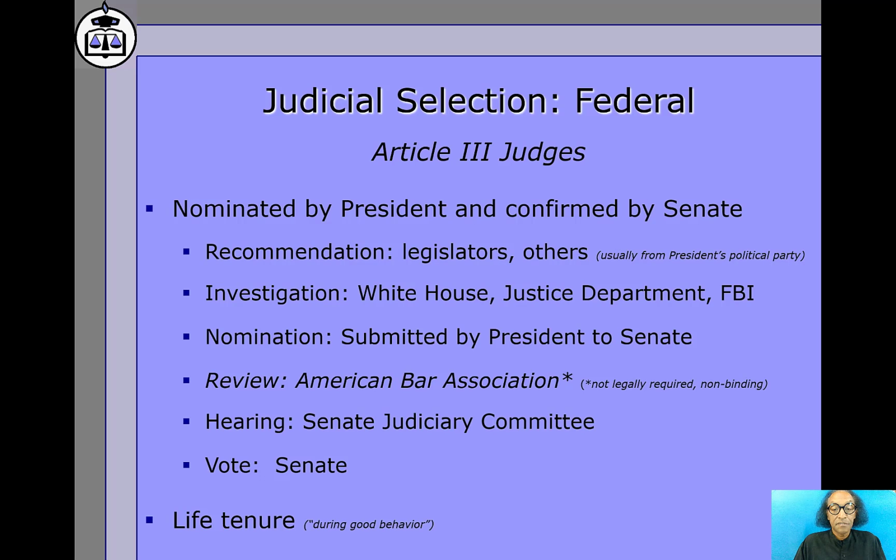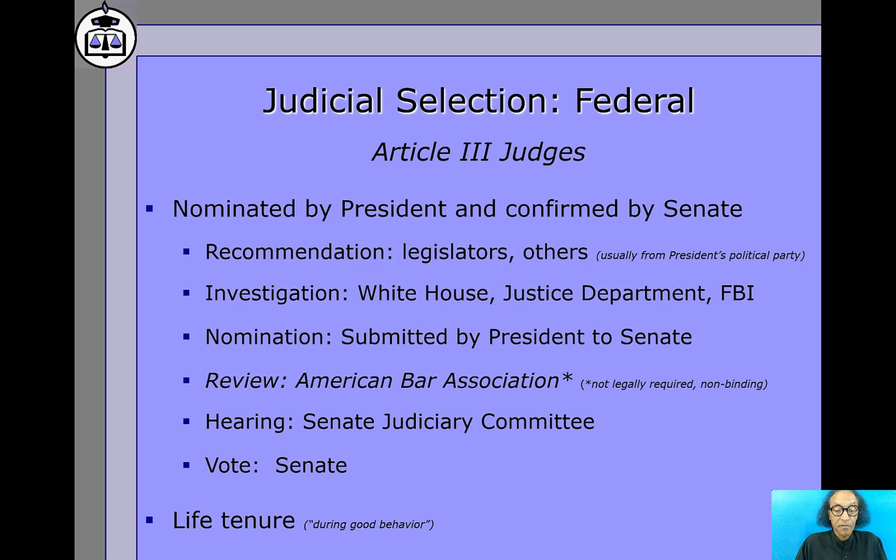Usually an investigation is conducted, a background check to determine if there are any issues that will disqualify the person from being fit to serve as a federal judge, and once that investigation is completed, it is submitted to the Senate for review. Oftentimes, the American Bar Association also rates the candidate for fitness for judicial office, and that recommendation is also made. And then a Judiciary Committee hearing is done,